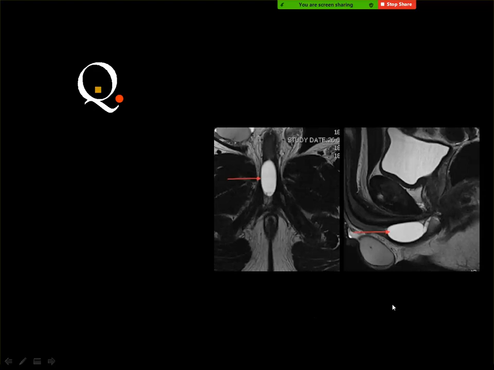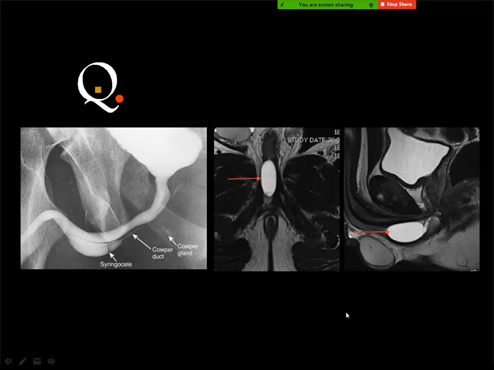Also diverticulum in the urethra? Okay, or it looks like a syringocele, yes, of the urethra. And this is a syringocele. Yes, and this is a syringocele in the urethra, which is known as the Cowper duct cyst, and you can see that the syringocele is almost parallel to the lumen of the urethra and is connected to the Cowper duct, which leads to the Cowper gland, as you know.